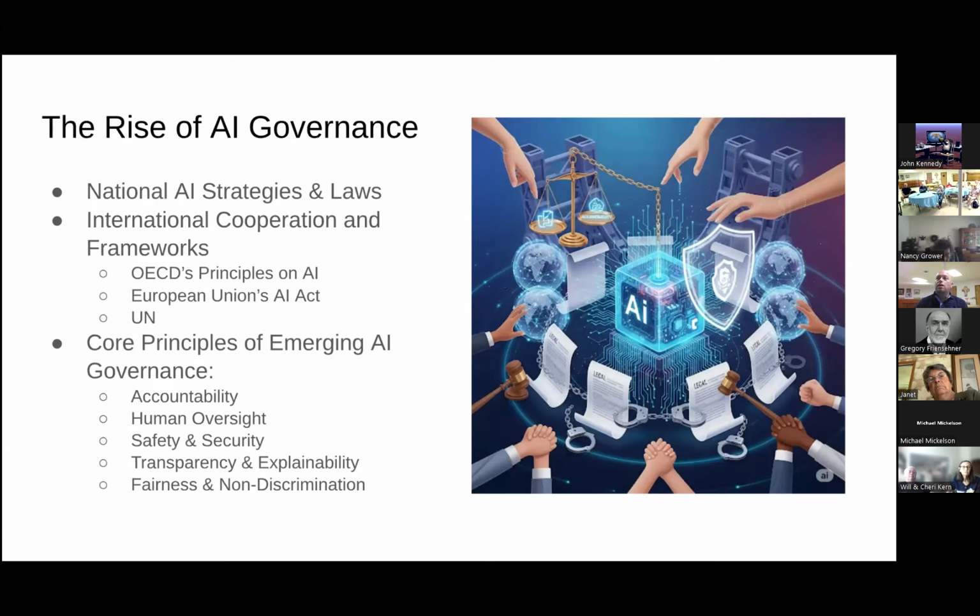I'm not sure, has anyone heard about governments trying to regulate artificial intelligence? I see it in the news a lot. Maybe it's because I subscribe to that kind of stuff. I don't know if everybody's seeing these kinds of articles, maybe a little bit.